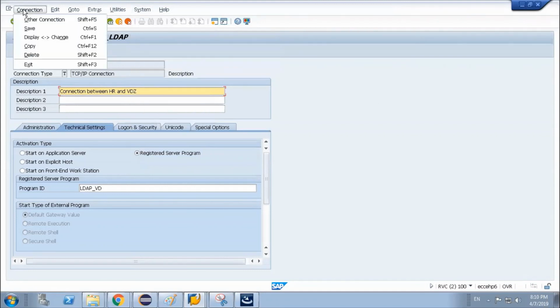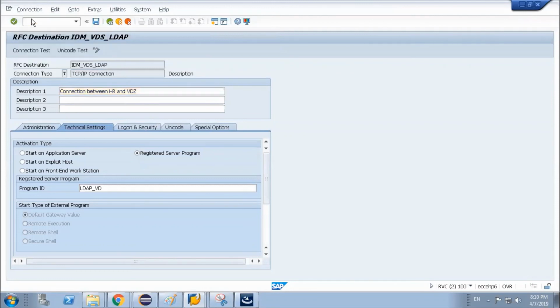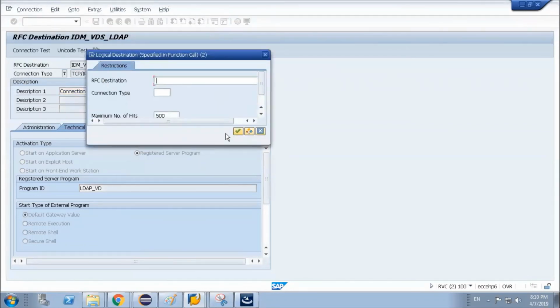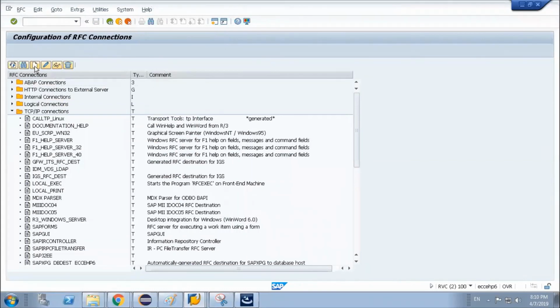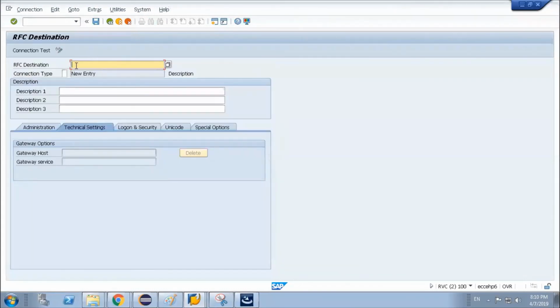Okay, let's do one thing. I'll create another connection. Let's go back and create a new one named LDAP underscore VD. Connection type is T, connection between HR and VDS.